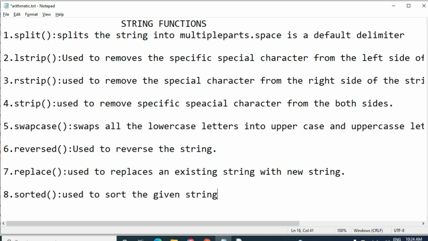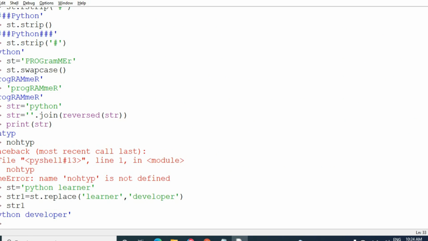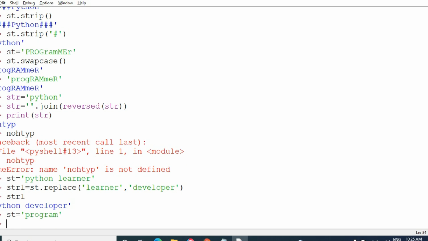Sorted means the ascending order. I am taking the st equal to program. I am going to apply the sorted of function.